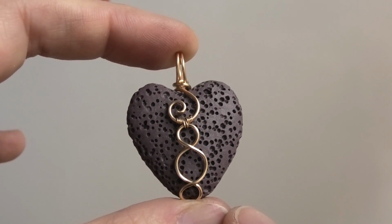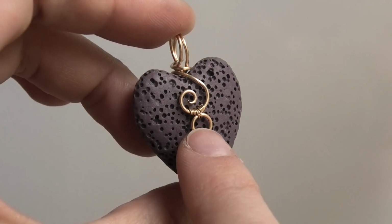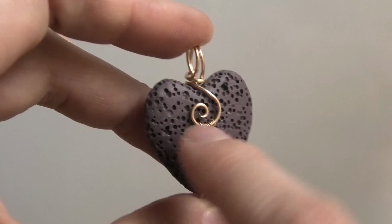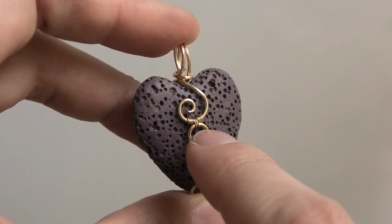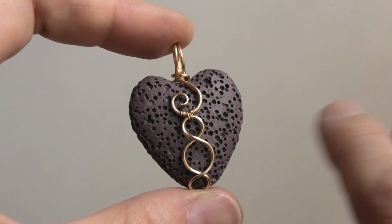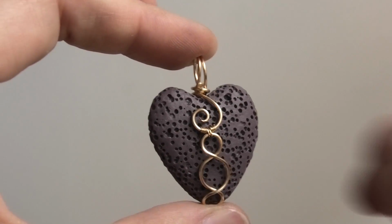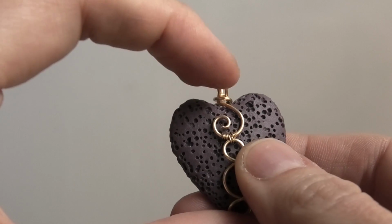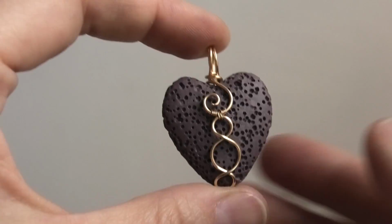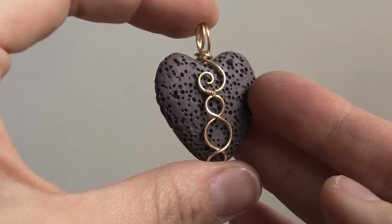So I think that this is the next step from that because it introduces a thinner weaving wire that we're using here to make this connection, but it's not as difficult as doing a weaving pattern. So if you're ready to use a thin little weaving wire, but not ready for a weaving pattern like this bale, it doesn't have a woven pattern in it, this is just a good next step. Or of course, if you're not a beginner and just happen to like this design,